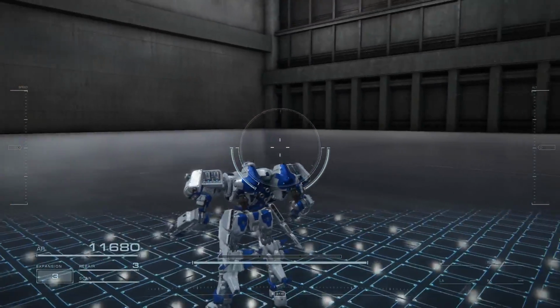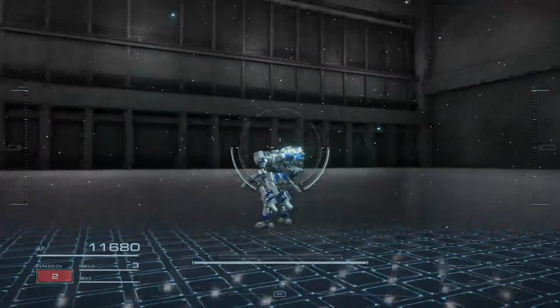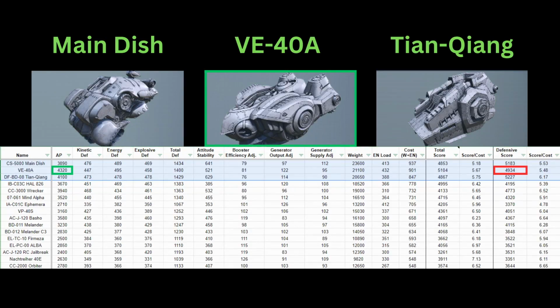This doesn't mean that the core piece is bad with other types of generators though. You just have to keep your supply efficiency in mind. The VE40A has the lowest defensive score out of these three cores, despite having the highest AP out of all the core pieces. This is because it has a large deficit on attitude stability, but the VE40A makes up for